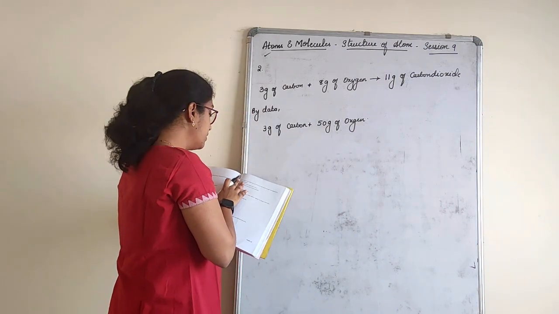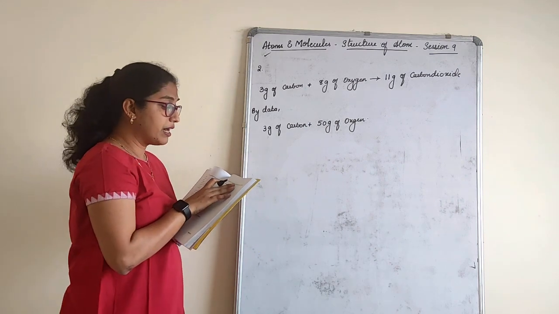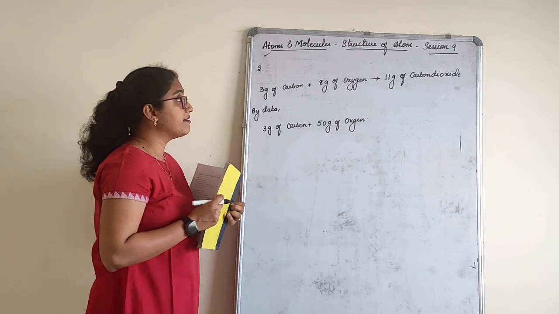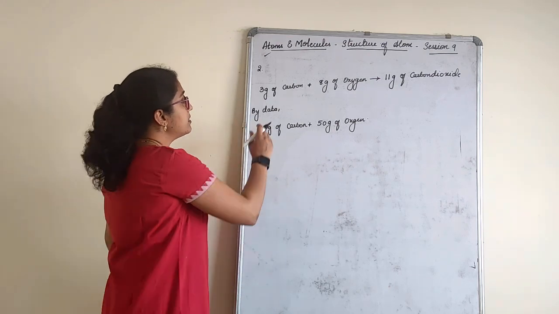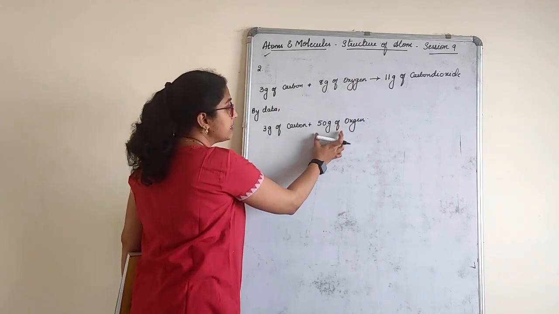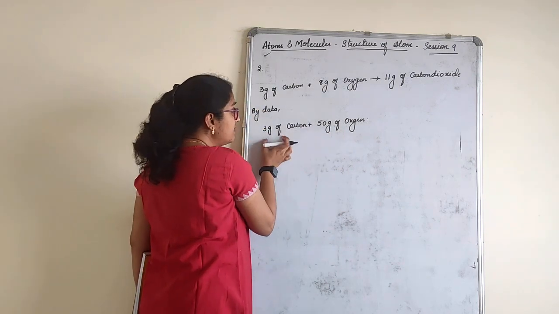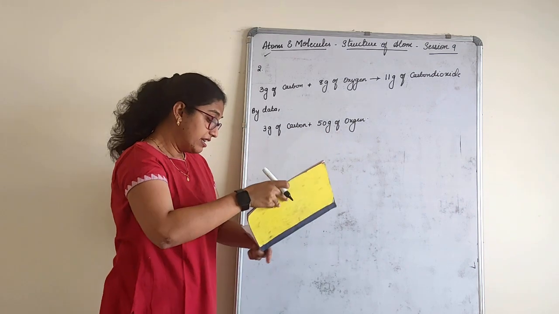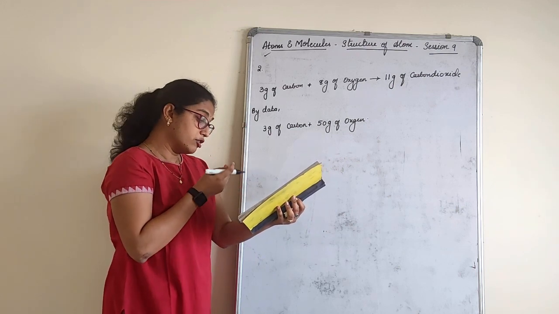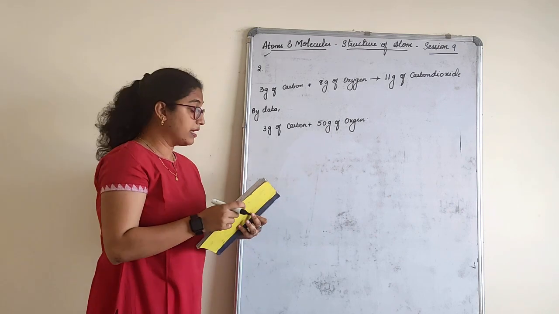3 gram of carbon is burnt with 50 gram of oxygen. When 3 gram of carbon reacts with oxygen, the remaining 42 gram of oxygen will be unreactive. Now see the combination here: when 3 grams react with 8, you get 11. Now when 3 grams reacts with 50, that is the given entity. Finally what they have asked is what mass of carbon dioxide will be formed, and which law of chemical combination will govern your answer?